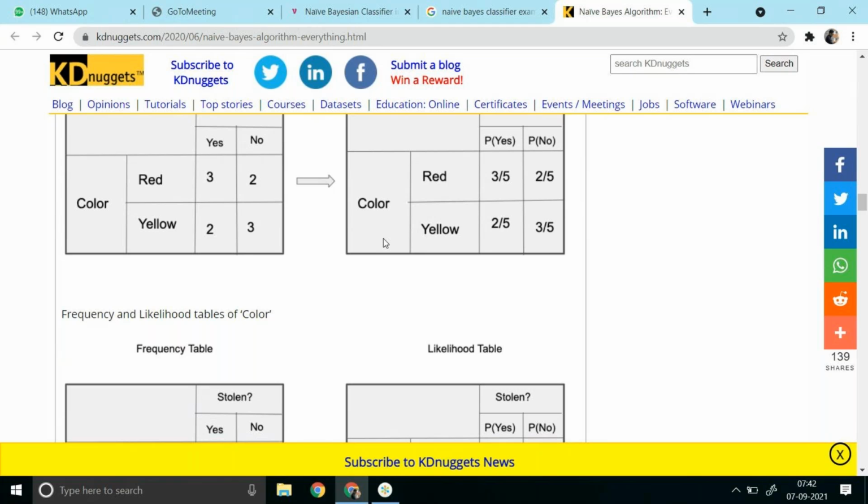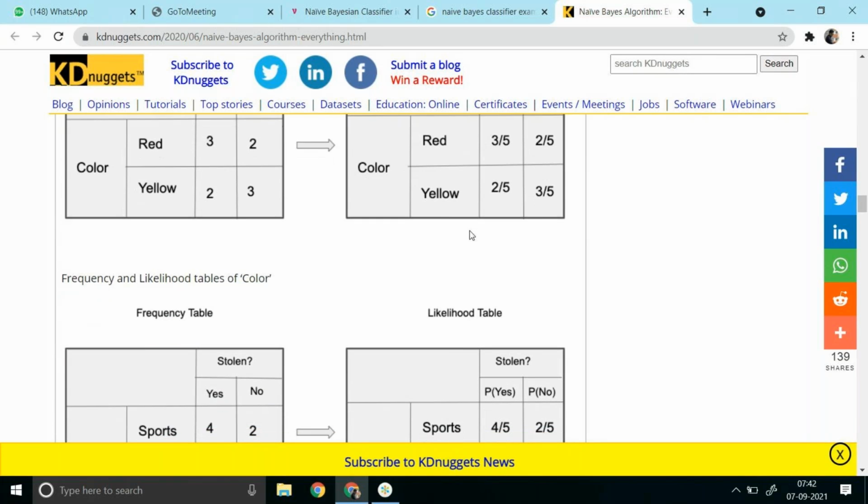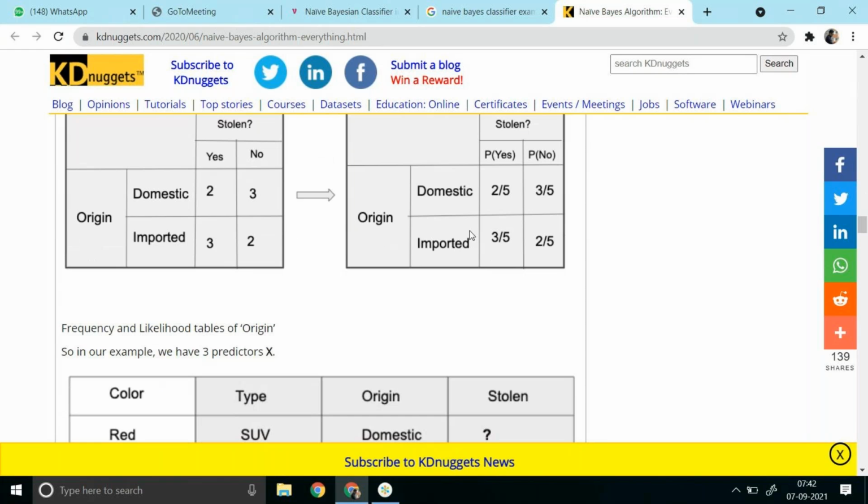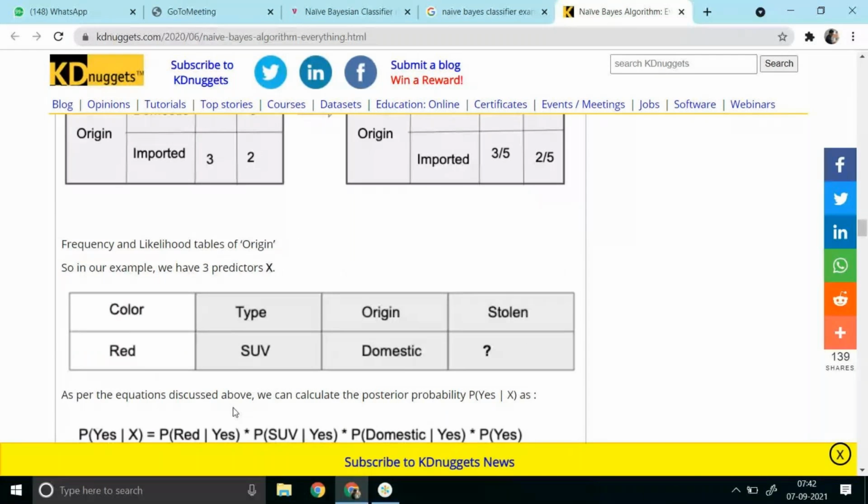Now you can see here the example they have shown, how to calculate 3 by 5. Same thing you have to do for sports and SUV, and then for domestic and imported. This is a domestic, new data